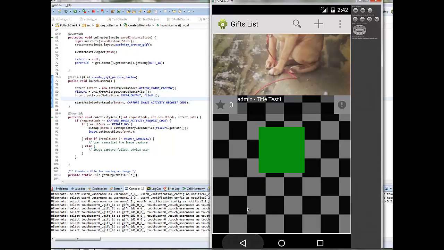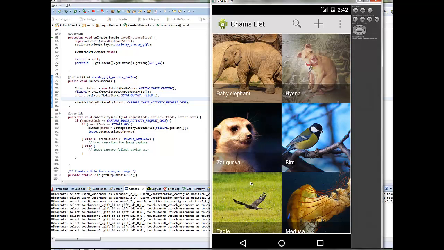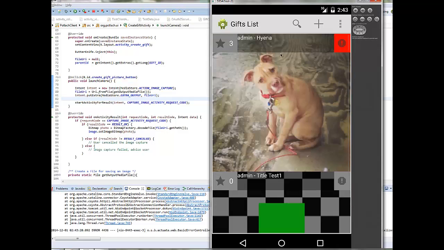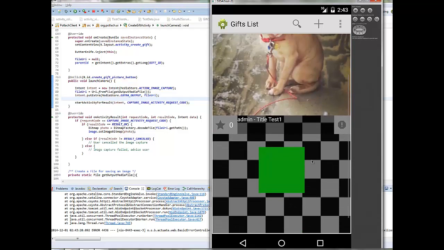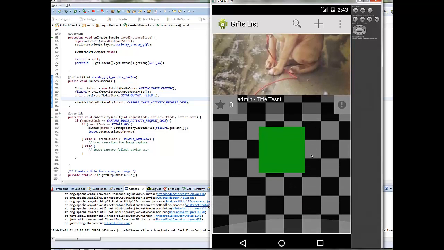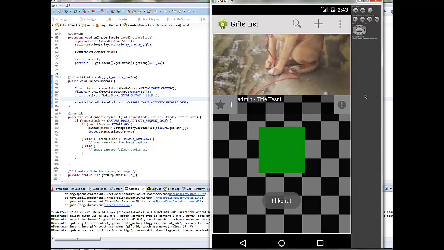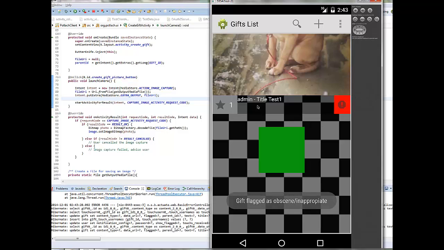If we go back, we see the same chain here, and if we click on it, this is the parent gift now, and we have a child gift below. We can also like it and report it, and we see that the user that created it is the admin. So we go back again,